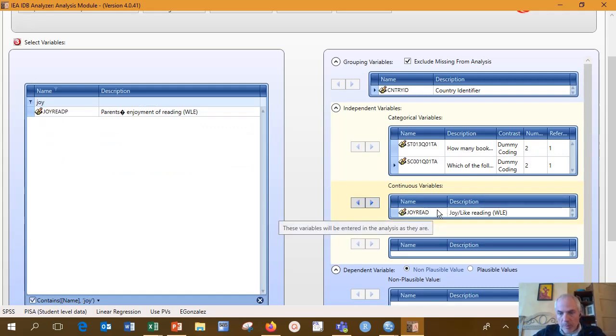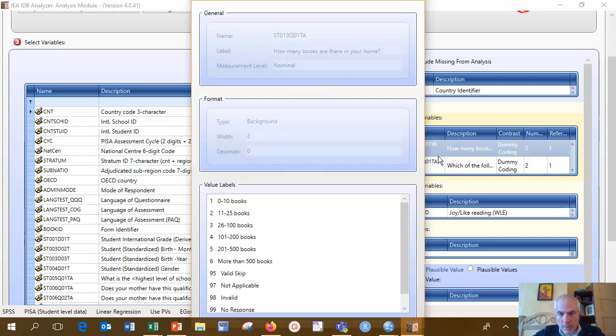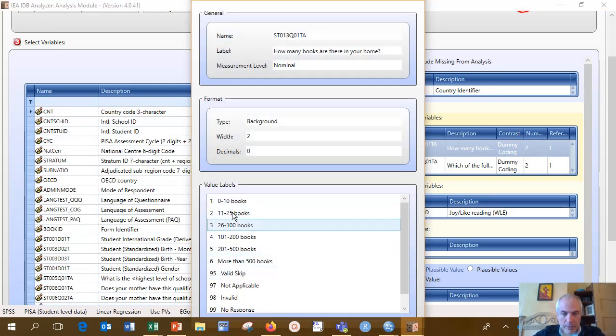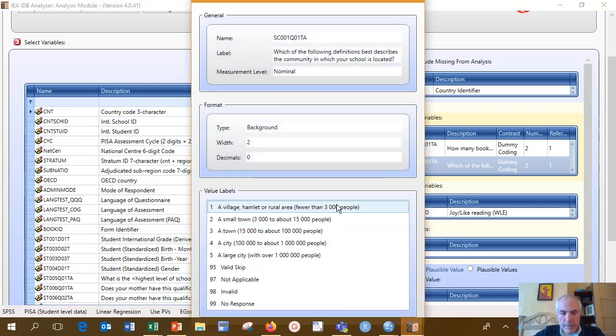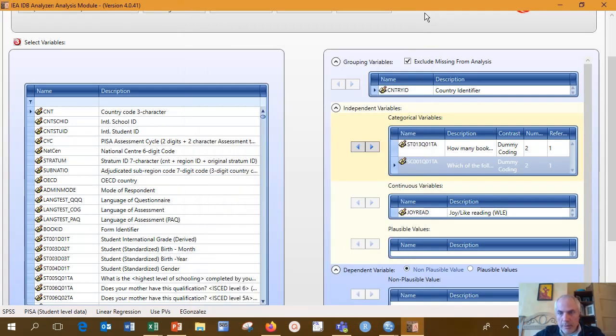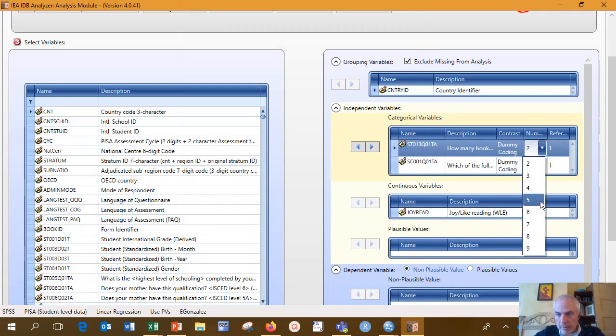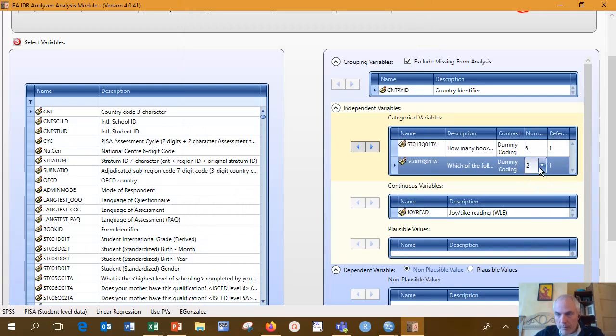So a couple of things here. One, we have a continuous variable, the enjoyment of reading. And then we have how many books in the home. And if we right click here, we'll see that there were 6 categories. And for the which of the following, right click, it's also 5. Okay, so what we need to do is tell it the number of categories. So we're going to do here 6, 5,